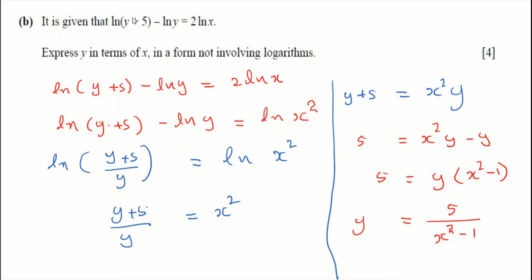In this we've got to make y the subject in the equation. ln(y plus 5) minus ln y is equal to 2 ln x. Now we know some rules of logarithms. We can apply those rules of logarithm here. There are two rules that can be applied here. One thing is log minus means division. So we can write here